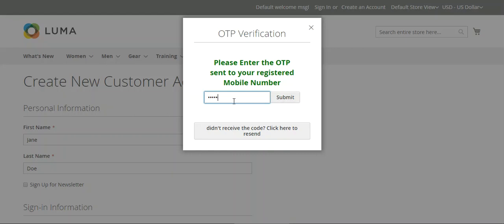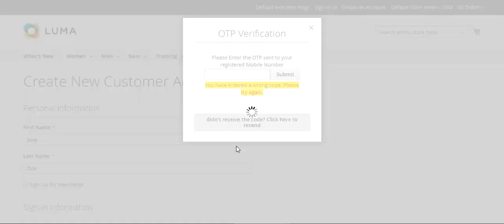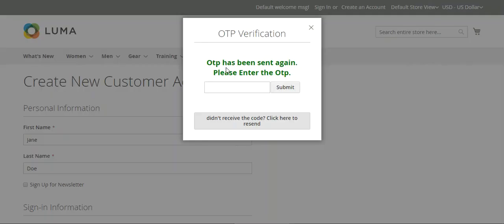So let me give you an example. If I enter a wrong one-time password and tap the submit button, here you can see that it says you've entered a wrong code, please try again. So I'll have to enter the correct code. What we can do here is tap didn't receive the code again. The one-time password has again been sent to our registered mobile number, so we'll receive a new one-time password. So I'll enter the new one,